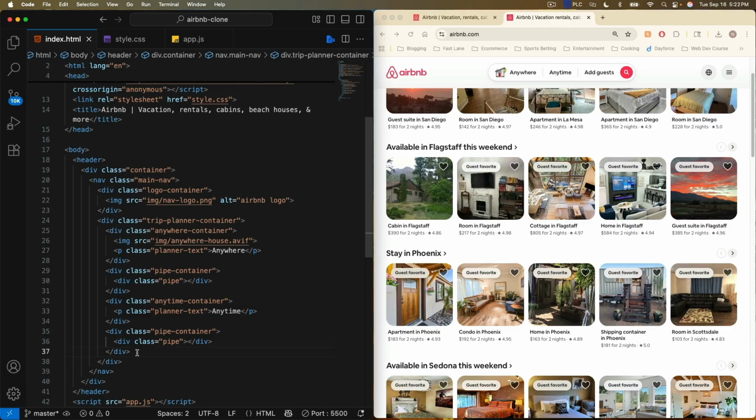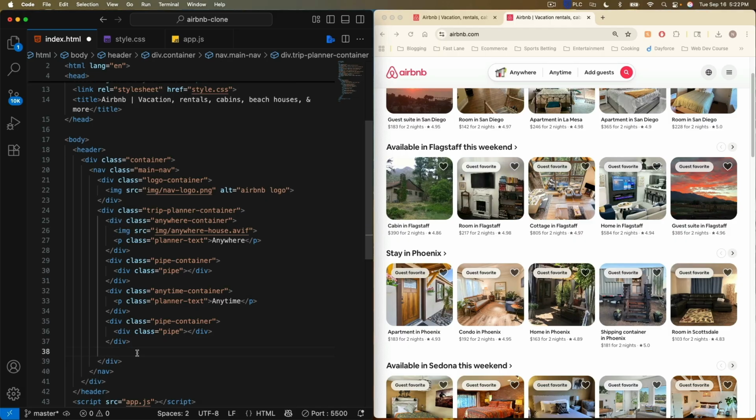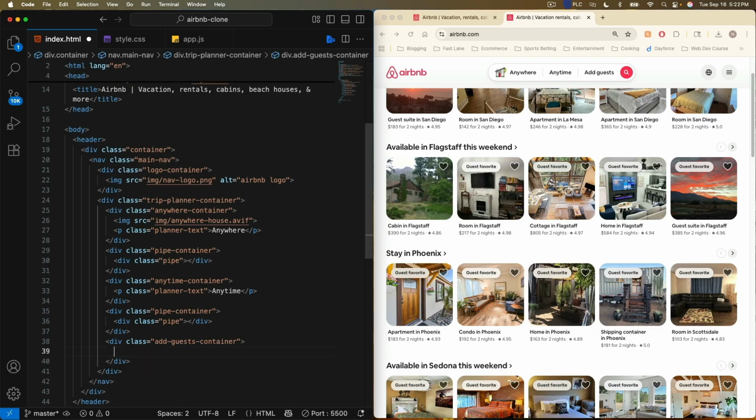We have our second pipe, and then after that, we're going to make another div, and it's going to be our guest container. So we'll say dot add guests container, and then we're going to have the same thing in the little paragraph with the planner text class. So let's put that here, and then in here, we're going to say add